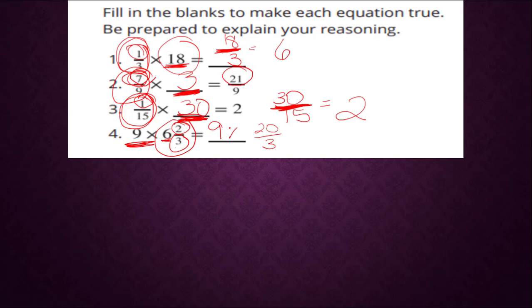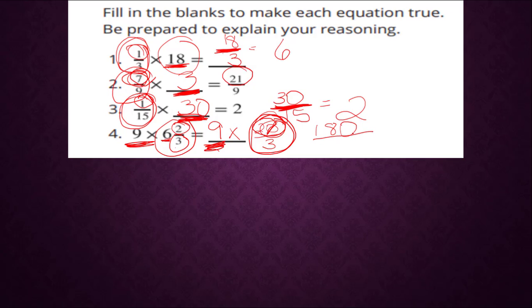So now we have a whole times a fraction. So whole number times our numerator. So 9 times 20. So we're going to take off that 0 first and just do the 9 times the 2. 9 times the 2 is 18. Put the 0 back at the end, so that's 180. So 9 times the entire 20 thirds gives us